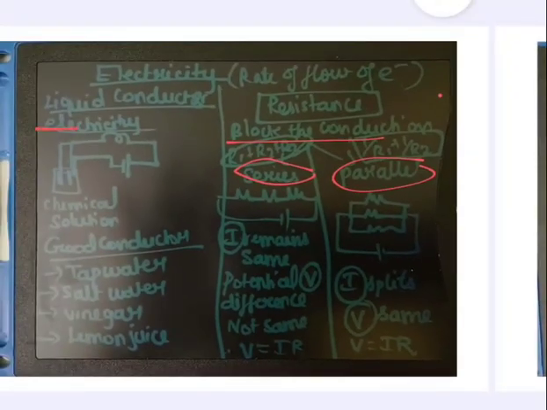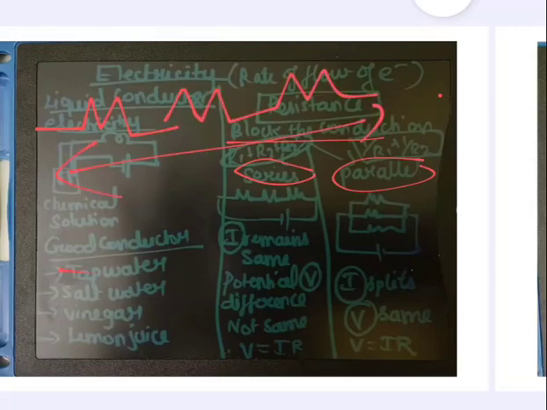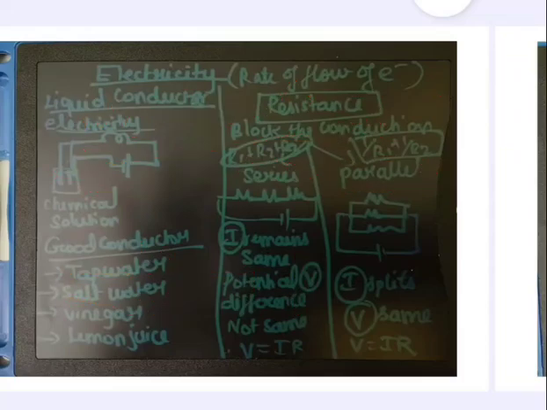So series are like just this symbol of resistance. If you are connecting it in a straight line, then that is known as series connection. If you are connecting it in the branches, then that is known as parallel connection. So this is the difference between series and parallel connection, where in the series connection the current remains same and the potential difference is not same, whereas in the parallel connection